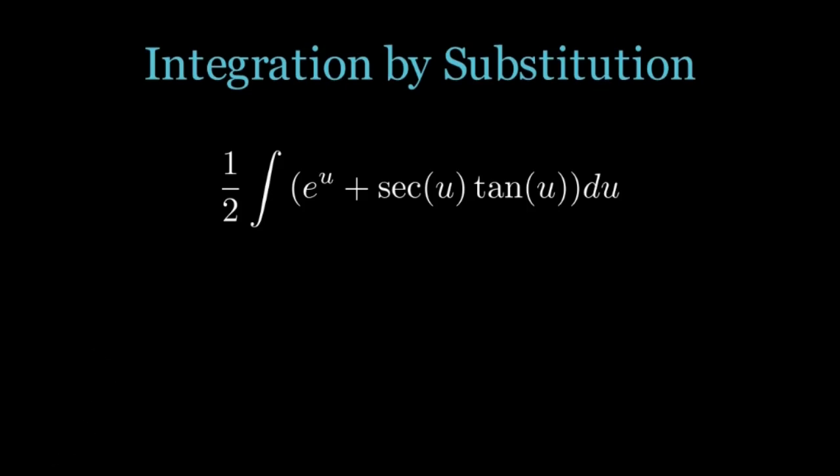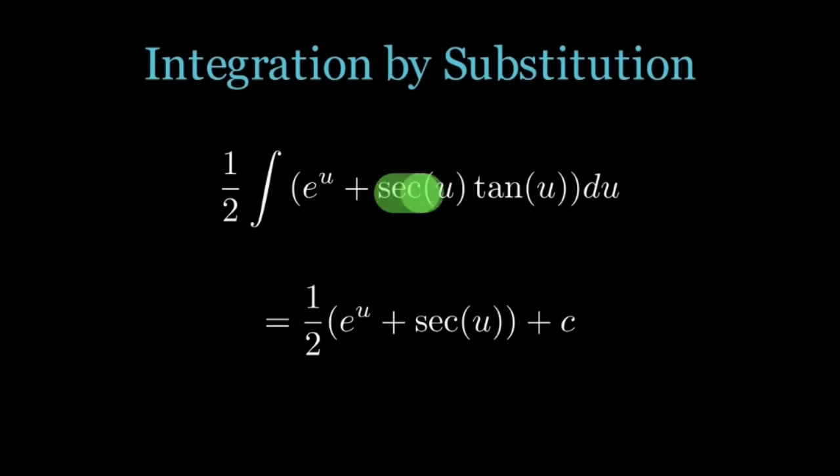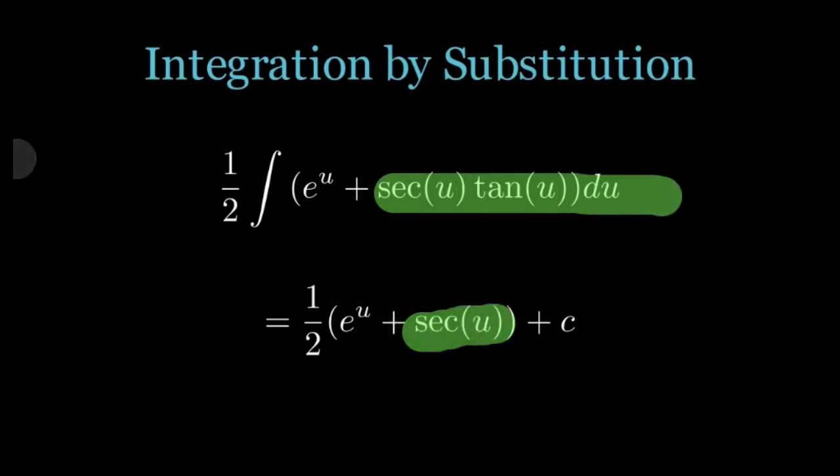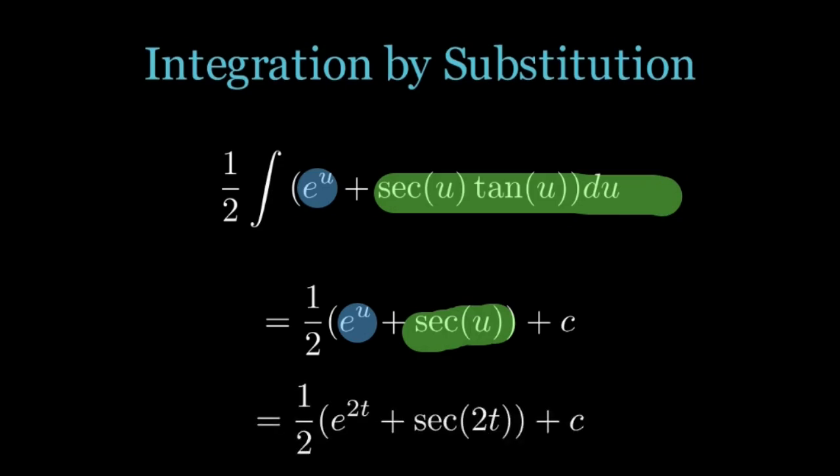It becomes easier. The integral of e to the power u is simply the same, it doesn't change, and the integral of sec u tan u is simply sec u. So the integral of e to the u is e to the u, and we take the half out of the integral. That gives us half times e to the power u plus sec u